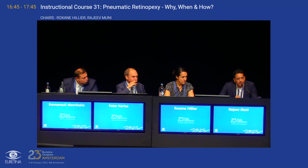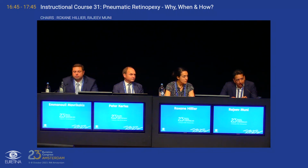Yes, so we use the Silverstone Optos, the ultra-wide field swept source OCT, so we can image very peripheral vitreous. And if you take patients who have lattice degeneration, those patients with inferior lattice will have traction all along the edge of the lattice, and you can actually see the strands of vitreous, their orientation and everything. So what we did is we applied laser to those regions, and then we injected the gas, and then we